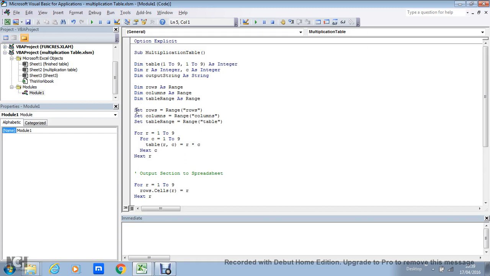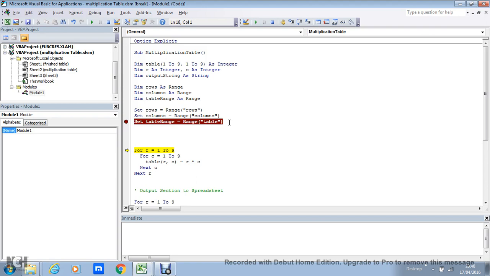What I'm going to do is play around with it a bit here just to demonstrate it. So I'm going to put a breakpoint in here, and I'm going to press F8. Set rows equal to range rows. That's worked fine. Set columns equal to range columns, and set table equal to range table. Now I'm going to show you some of the things you can do with range properties. Once I have said that this range object is going to point to the range that we defined as rows outside,